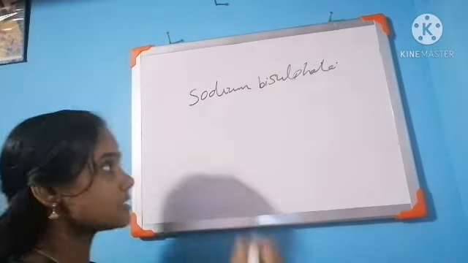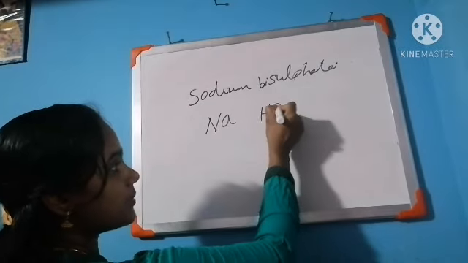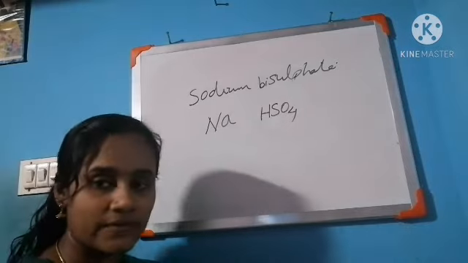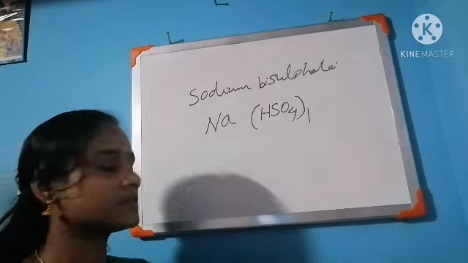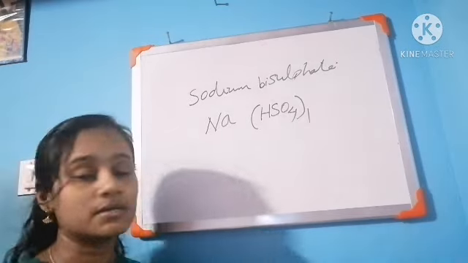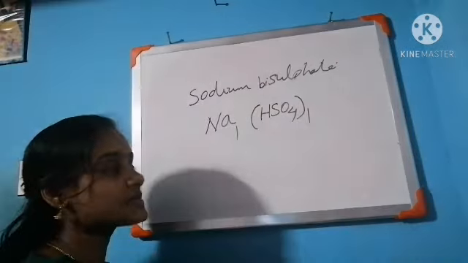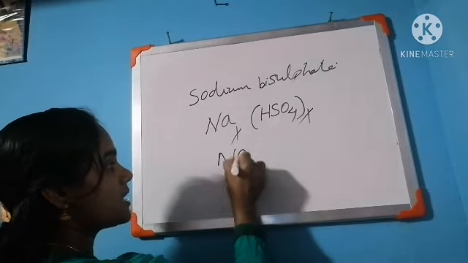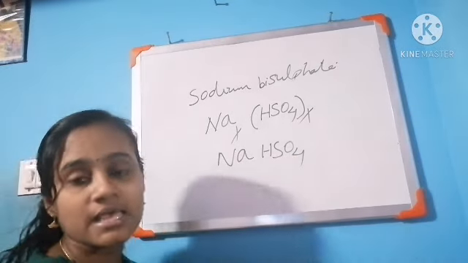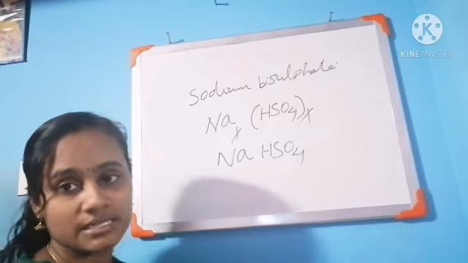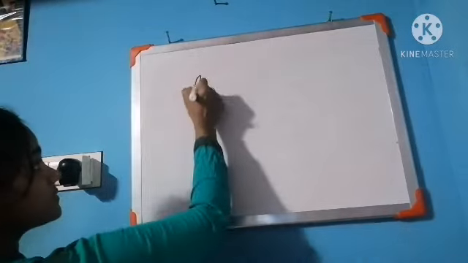So what about sodium bisulfate? Bisulfate, hydrogen is there. So sodium Na, bisulfate HSO4. What is the valency of sodium? 1. So bisulfate put in a bracket and we can write there under the subscript of bisulfate 1. Then bisulfate valency 1 we should write under the subscript of sodium. Cancel each other. So we will get NaHSO4. So the formula of sodium bisulfate is NaHSO4. Is it clear? Next, aluminium chloride.